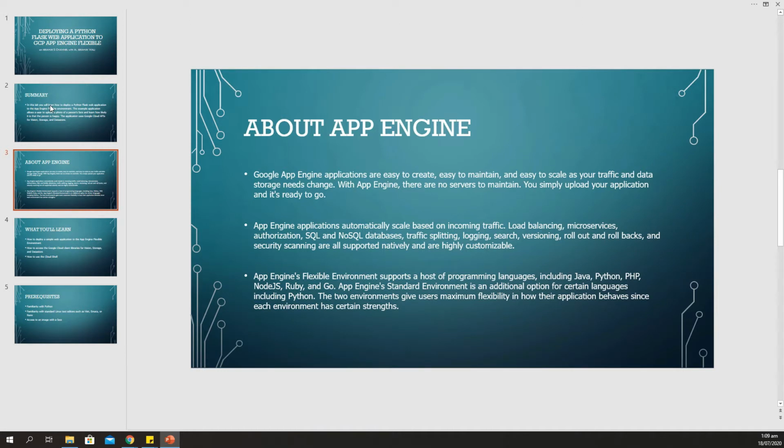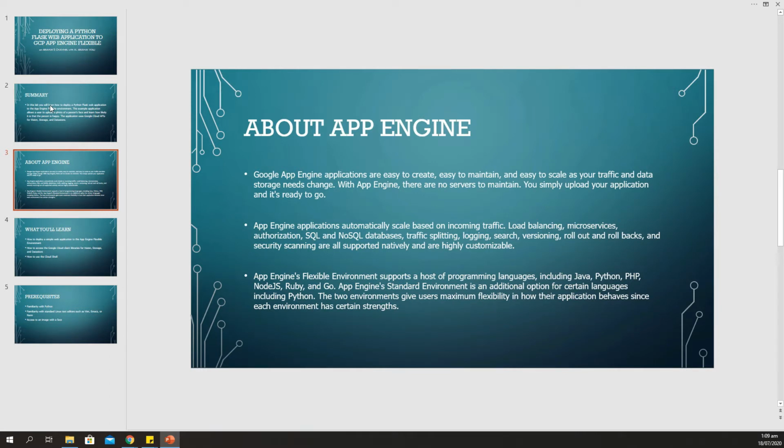Load balancers, microservices, SQL and non-SQL databases, logging, search, rollout and rollback, and other basic configurations are already done on your servers. I must mention here that security, scaling and scanning are also built into Google App Engine.